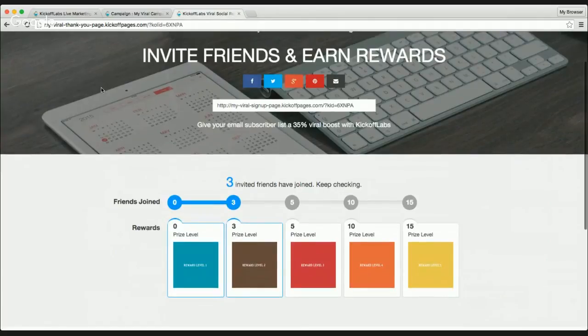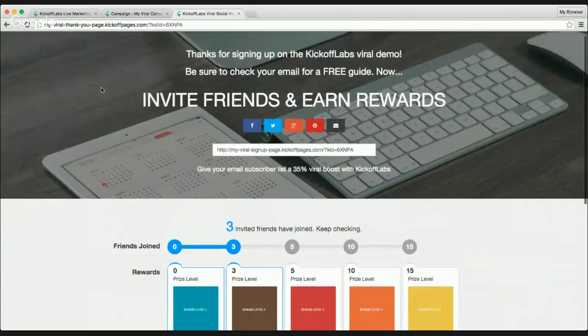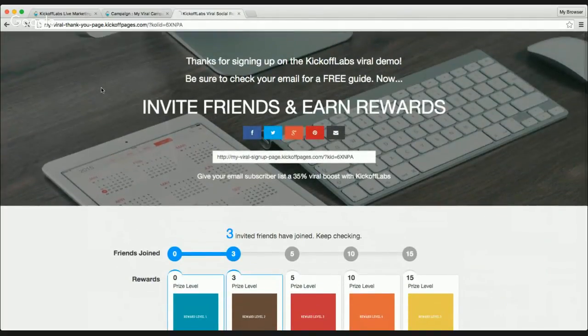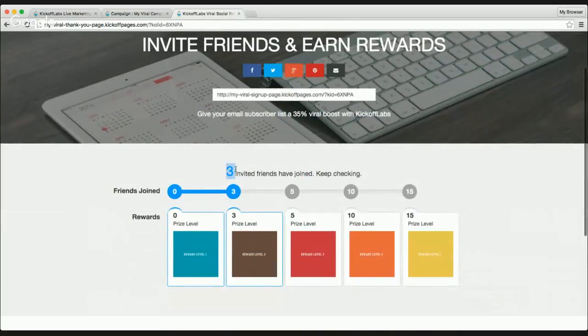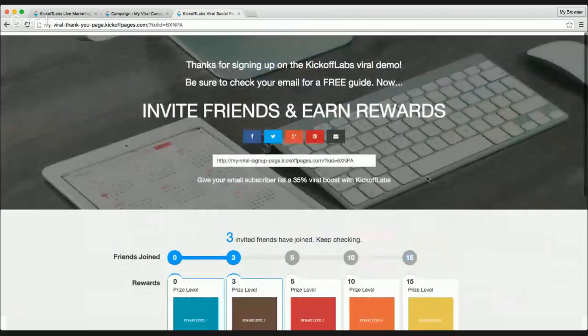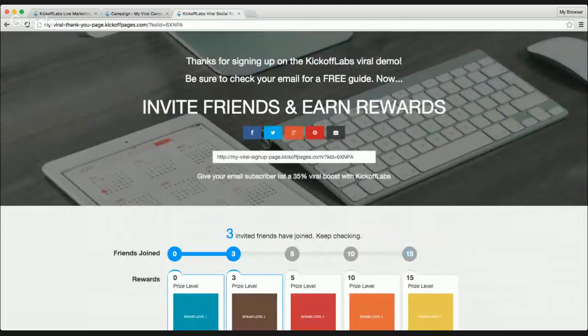But you can see, okay, cool. So let's say I was Beatsy Boys coming back to this page. I could come back whenever I want to and check my progress and say, oh, okay, so far I've had 3 friends invited. All right, yes, I will keep checking. Hopefully I'll reach the 15 level. Basically I'll keep sharing, and hopefully I'll reach that 15 level. So it's very, very powerful to drive people back to either sign up pages or thank you pages, so they could check on their progress, so they could see how many people they referred, and so they can keep sharing.